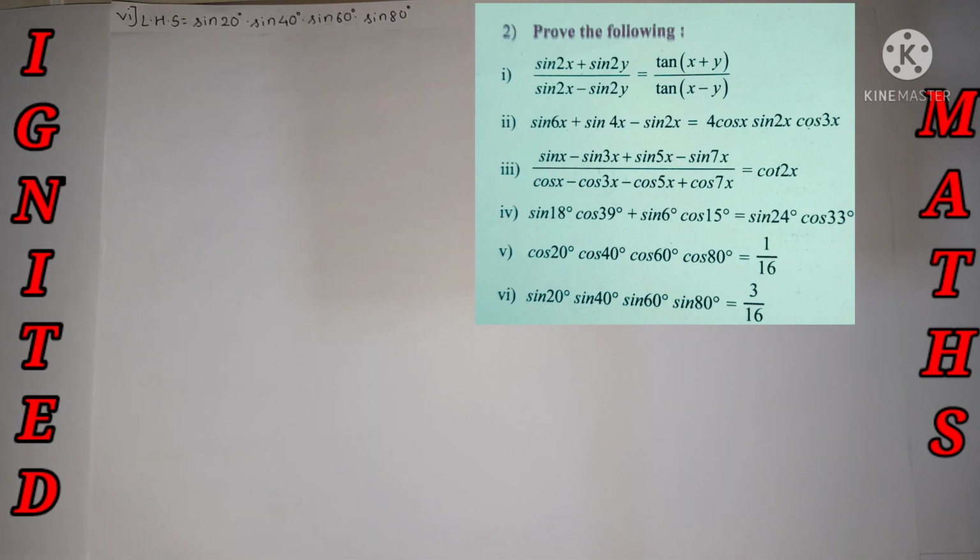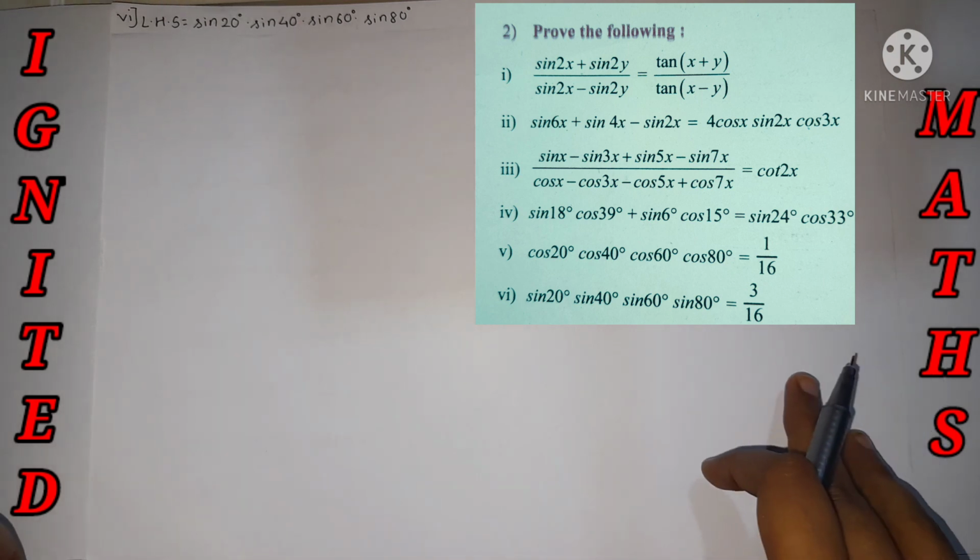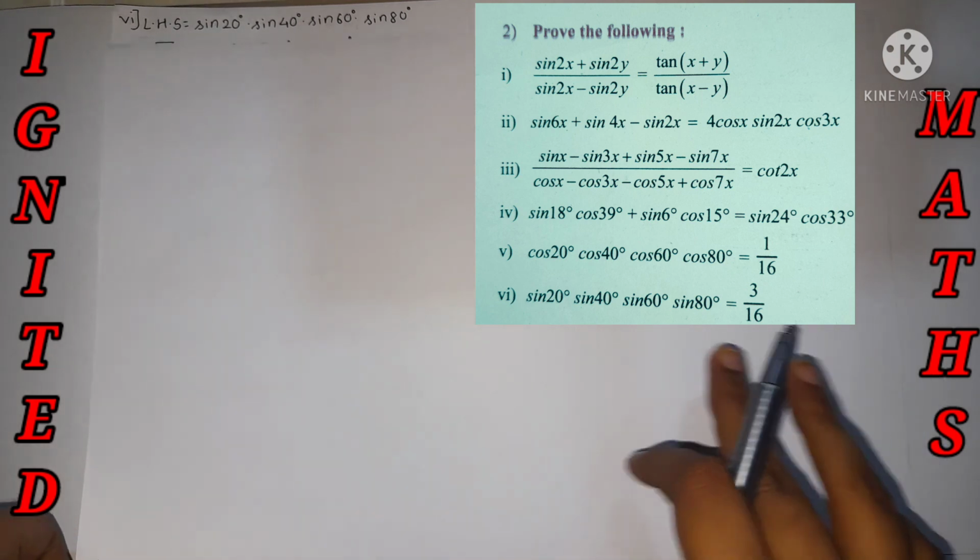So here is a note to mention. For the 5th and 6th we need to use actually the same method, but mark that the 5th and 6th are the most important sub questions according to exercise 3.4 and chapter wise also. So if we can complete the 6th sub question, we can try the 5th sub question. Almost the solution part is absolutely the same. So let's take the LHS value and we will prove it.